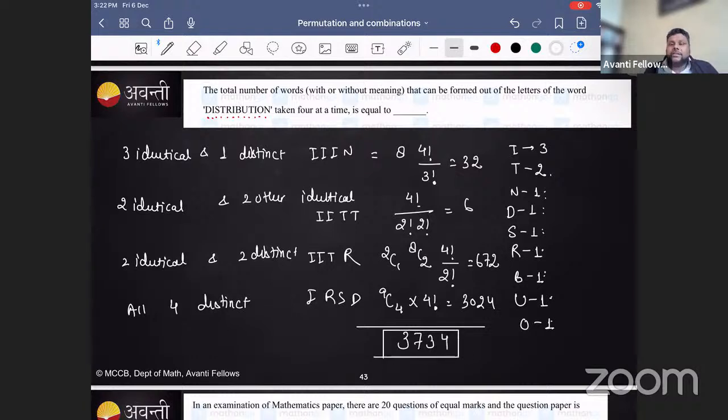Am I clear? Have a look. See the cases which I have identified. 3 identical, 1 distinct. 2 identical, 2 other identical. 2 identical, 2 distinct. And all 4 distinct. Got it? Now,